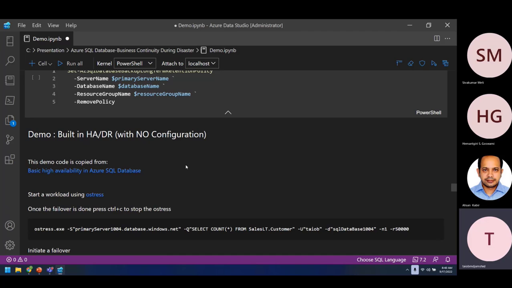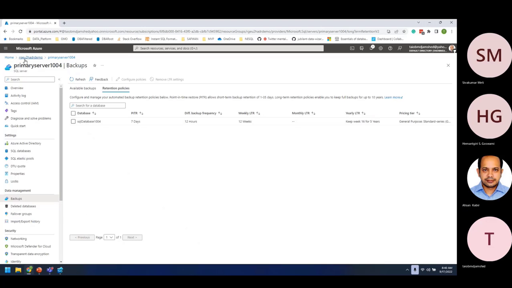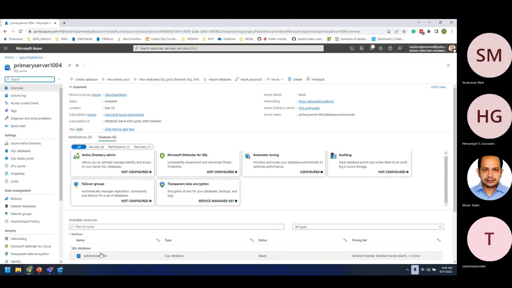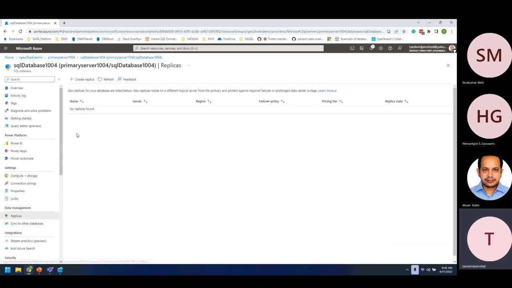After backup, we talked about built-in HADR, right? So if you go to the portal right now, and if you look at the primary server, and I have a database, and if you go to replicas, you can see that I haven't set up anything. I haven't set up active geo replication. I haven't set up any failover groups, nothing. But without doing any of this, we also get built-in